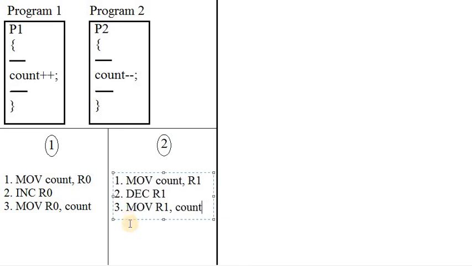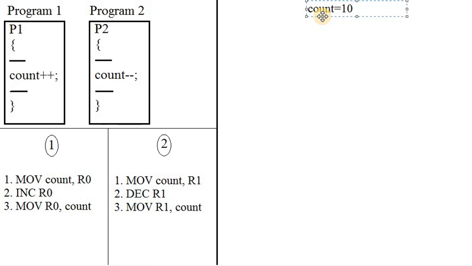Now let us take a default value for the count variable. Before executing these two programs, we need to know the count value first. So let me take 10 as the default value for count.